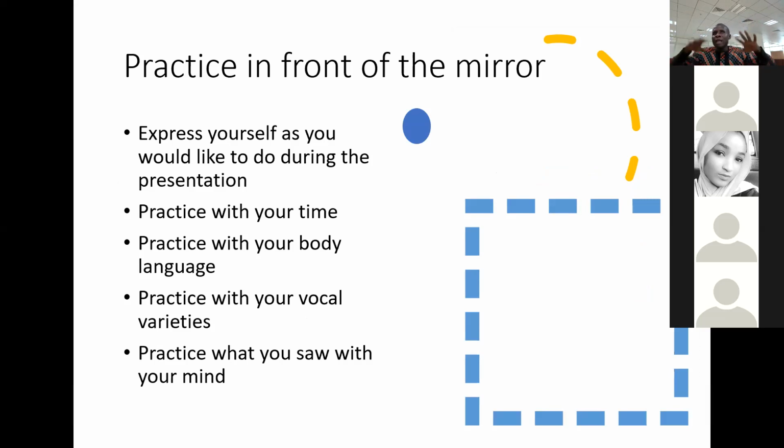And one way to stand on the podium is make sure your hand is facing your audience. Don't keep your hand like this, backing the audience. Keep your hand facing the audience when you are standing in front of them. Worst case scenario, keep your hand straight by your side, but don't keep your hand backing your audience, and don't fold your hand behind your back. So while you are in front of the mirror, make sure you practice these gestures.